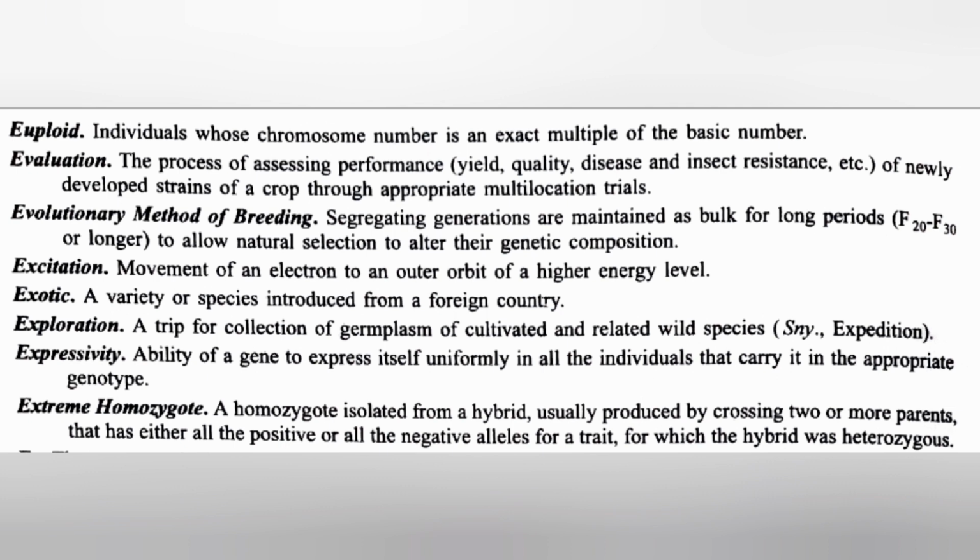Next one is evolutionary method of plant breeding. Segregating generations are maintained as bulk for long periods like for F20, F30 तक ऐसे या फिर उससे भी ज़्यादा, to allow natural selection to alter their genetic composition. ठीक है, जो segregated generation है उसको हम लोग मेंटेन करते हैं F20-30 तक ताकि वहाँ पे natural selection हो